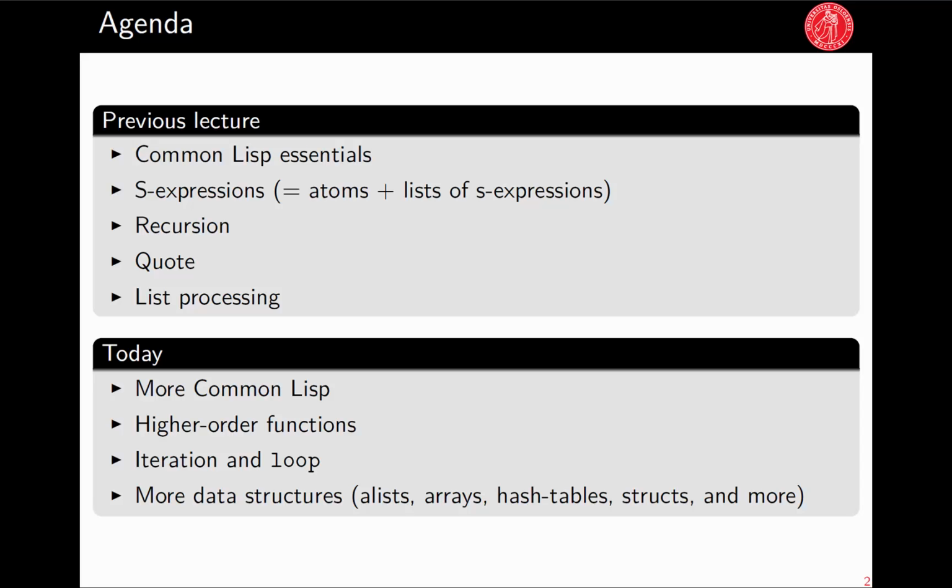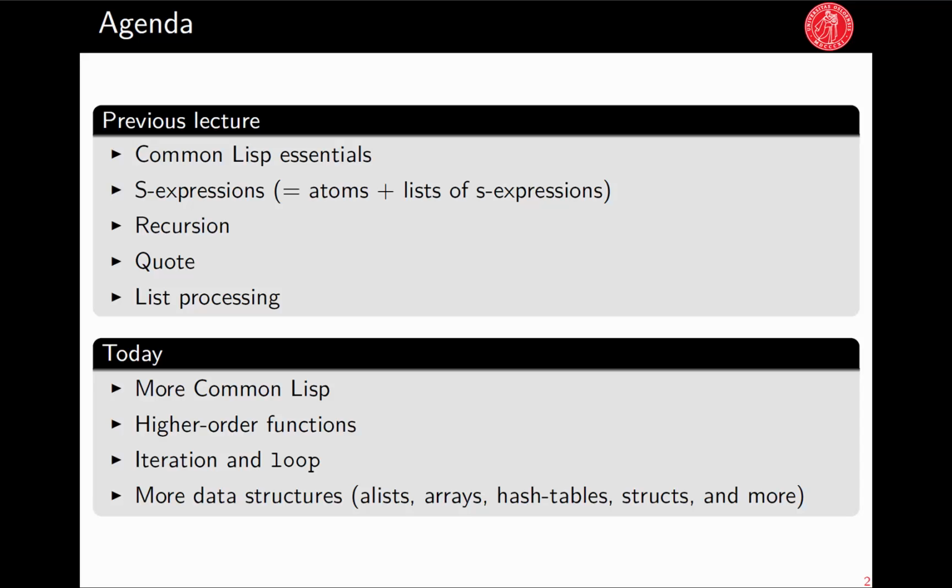So for today, more Common Lisp. We're going to be talking about some of the stuff that I didn't have time to talk about last time, namely higher order functions. So functions that take other functions as input arguments or have other functions as their return values. And we'll be looking at an alternative to recursion as a control structure in our functions. So various built-in constructs for doing iteration. We'll spend most of our time talking about a special form called loop, but also do and dotimes and